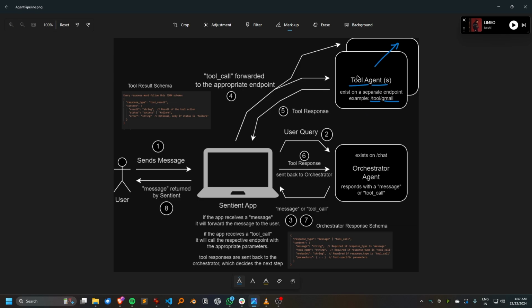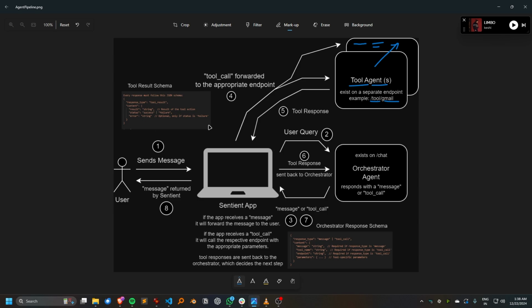So for example, the Gmail tool agent will have access to functions that can send emails, read your inbox, create a draft email for something, and so on. Then the second tool agent, for example if it was for Google Calendar, would have a function that could retrieve something from your calendar, that could set a reminder, and so on. And all of them will be independent of each other, so there won't be any possibility for hallucinations or anything like that. So now that you've understood what this architecture looks like, I'll just give you a small example of